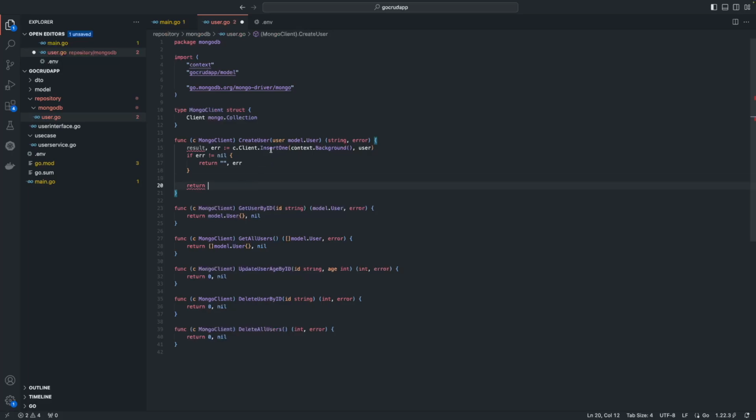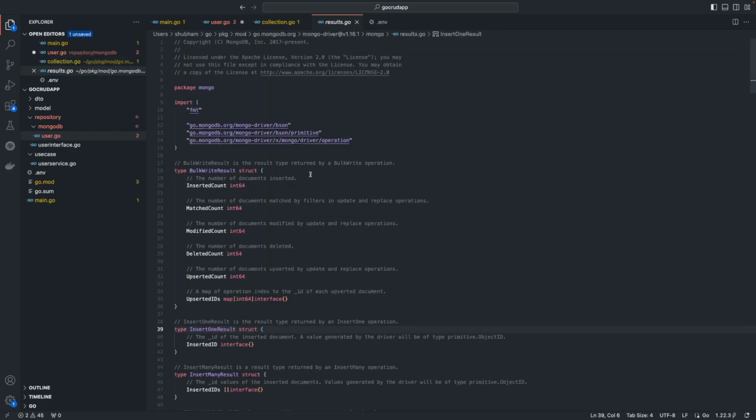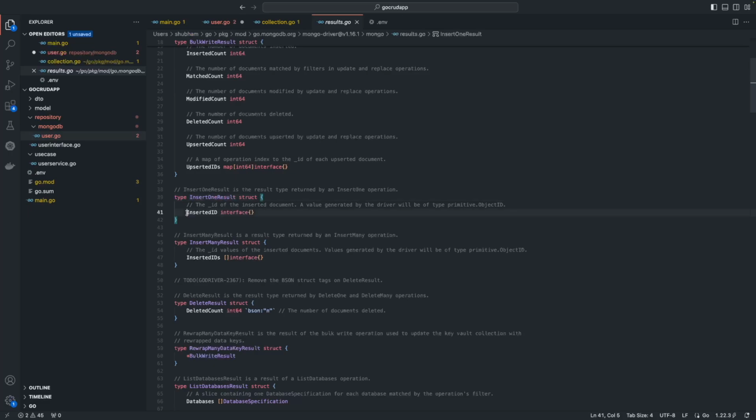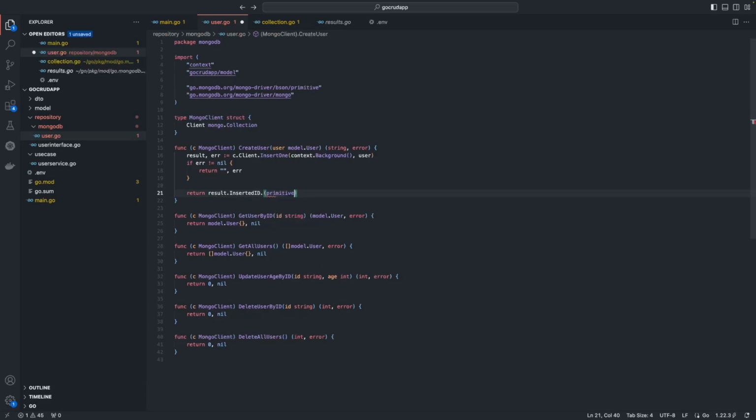As we can see, if we go inside InsertOneResult, the InsertedID is of interface type. So we have to first convert this interface type to primitive.ObjectID. To do that, we can simply have result.InsertedID.(primitive.ObjectID). Now it is converted into an ObjectID, and to get the string value,